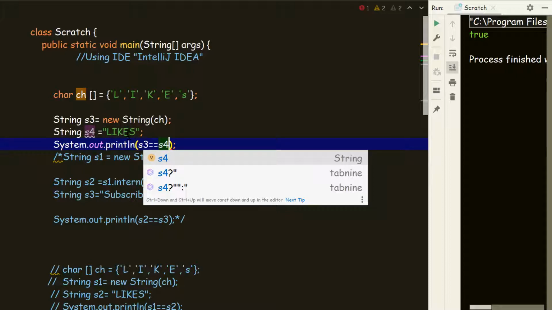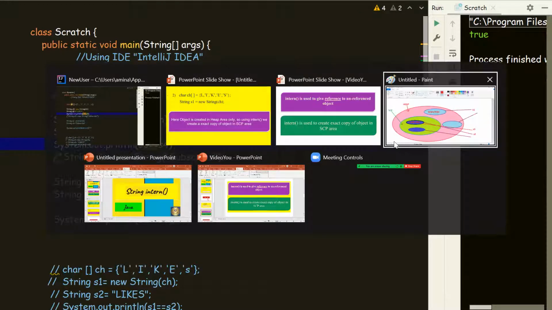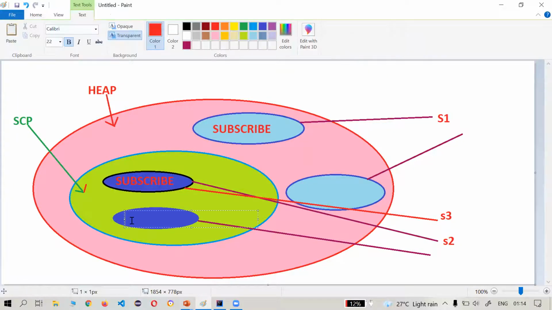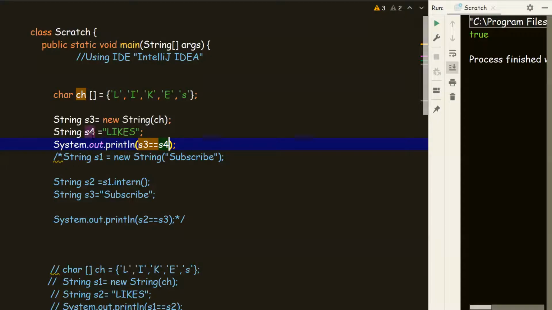Okay, so what is happening over here? Actually, I will do it in Paint, and you will understand better. Here "likes" is created, sorry, not over here, it's created over here in the heap area only. So "likes" is created over here, and the reference is passed, that is s3.